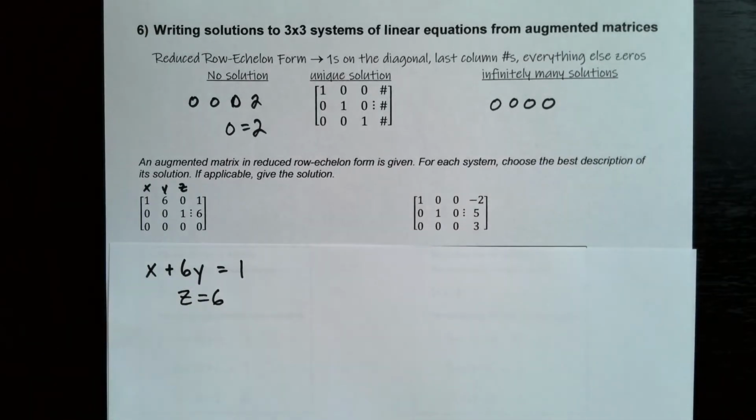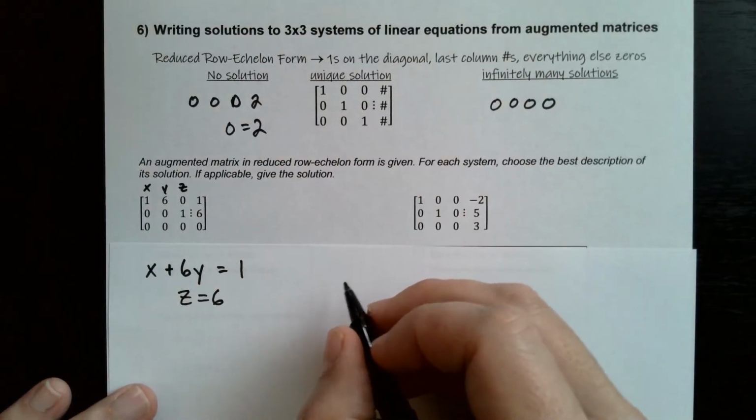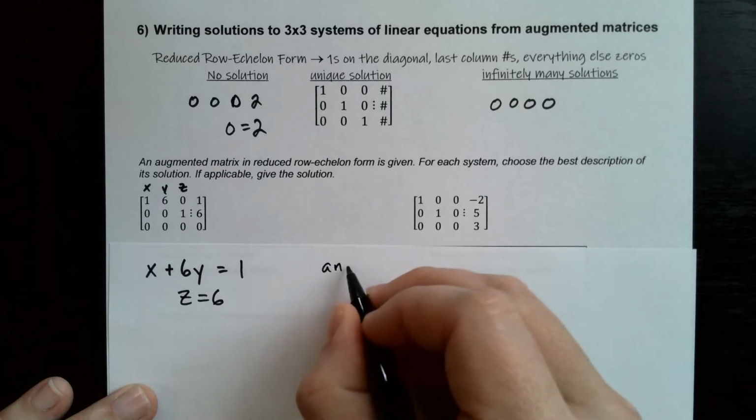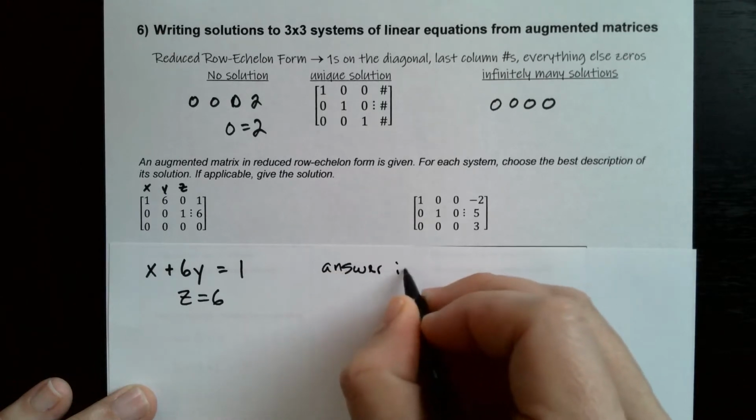And what we have to do is figure out how we want to go about writing this solution. So we have to make a decision. We need to figure out whether we want to put everything in terms of x or everything in terms of y. Both ways are correct, but usually when you have 2 different ways of doing things, one way is going to be easier than another. So I am going to do both, and we'll see which one turns out to be easier. I'm going to put the answer in terms